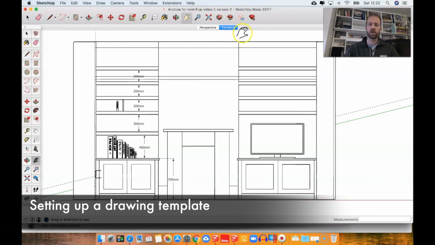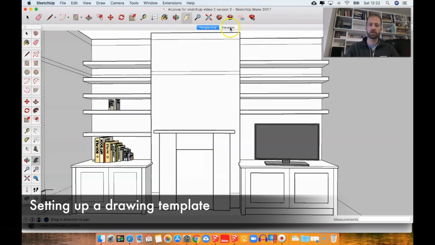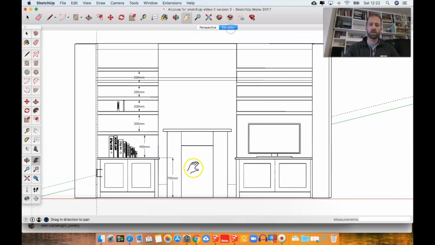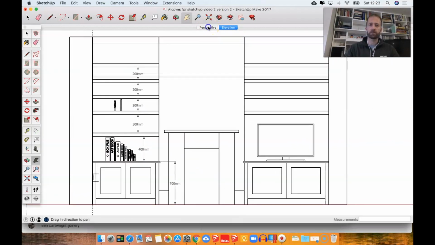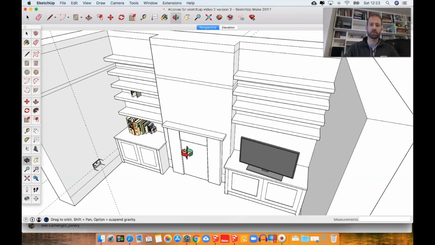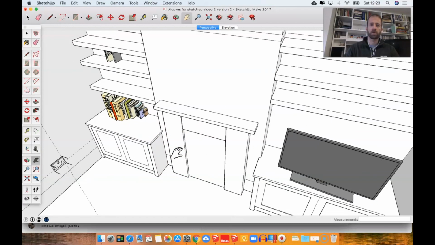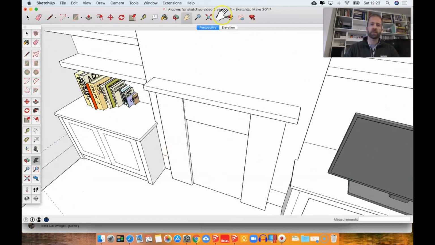So we've got the starter of a template here with two different scenes. Another scene that I like to create is one called depths. So I've drawn things in front of the customer, but they often want to know how far do things stick out. So I might select a viewpoint like this, create a new scene, which is right click and add, and I do go into this in the previous video, rename, call it depths,